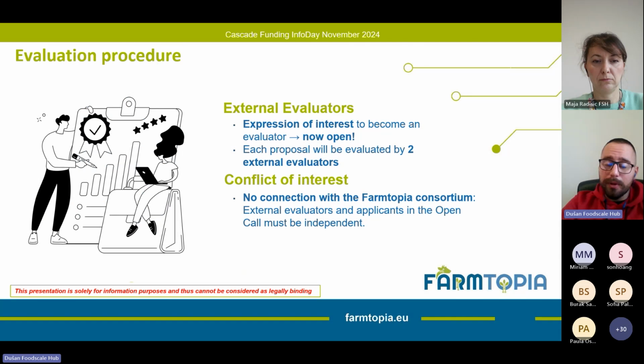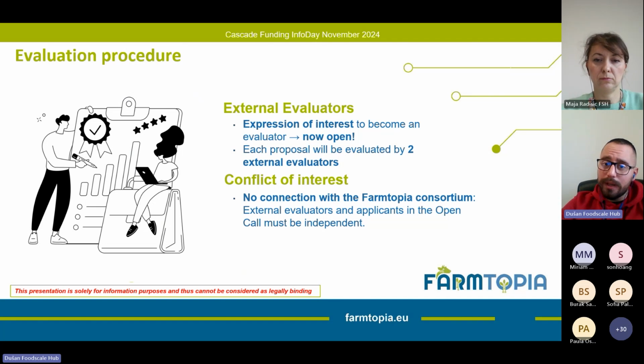The evaluation will be performed by external experts selected via the call for expression of interest, which is currently open. So if you are attending this webinar from the angle of an evaluator and not an applicant, then this is something that you should definitely consider.